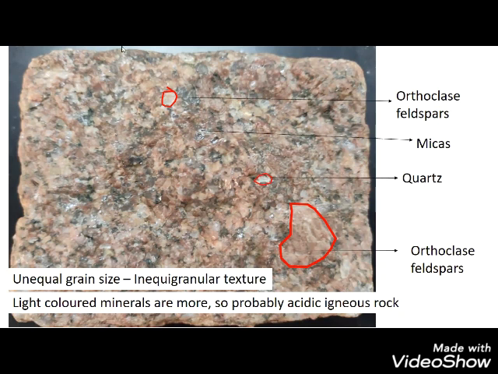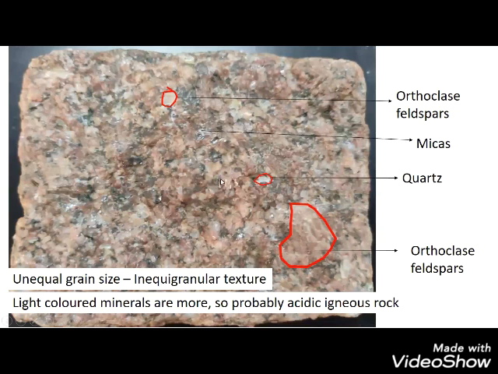So now speaking about the different minerals that are present in this particular rock. If you remember your mineralogy, you can see that the gray colored feldspar that was present was orthoclase. So all the pink colored minerals that are present are orthoclase, and all the minerals over here are orthoclase feldspars.